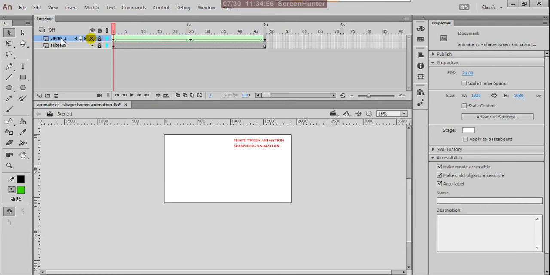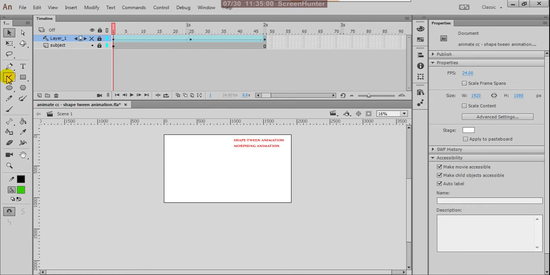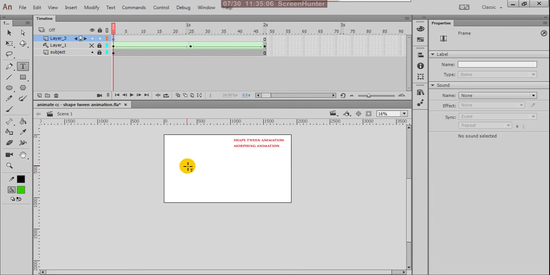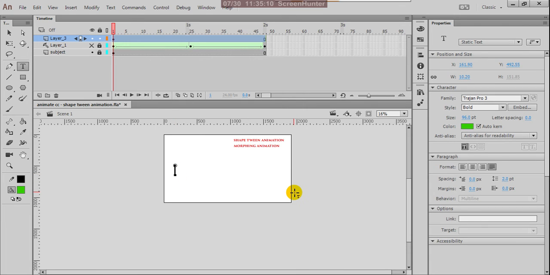Suppose this is a guide I am placing. So now I'll give one text. And suppose here I'll give A, right? Then here make it bigger, big size.